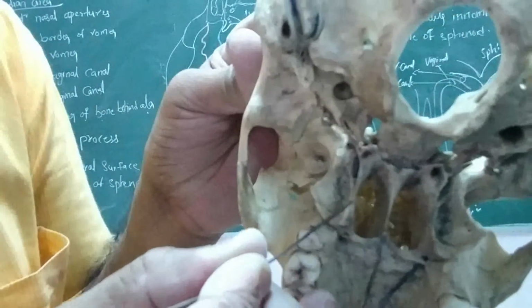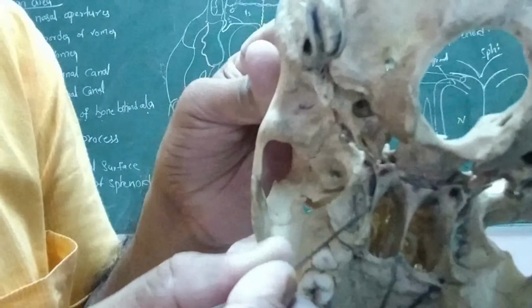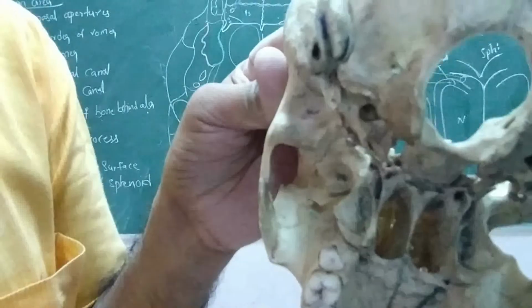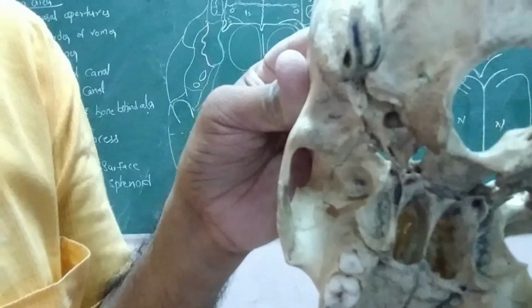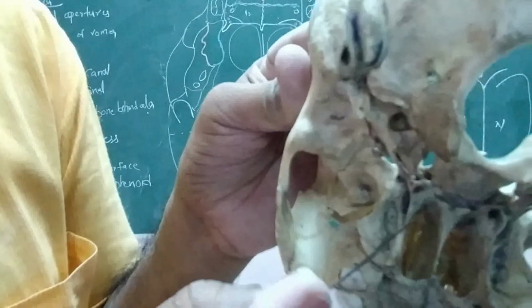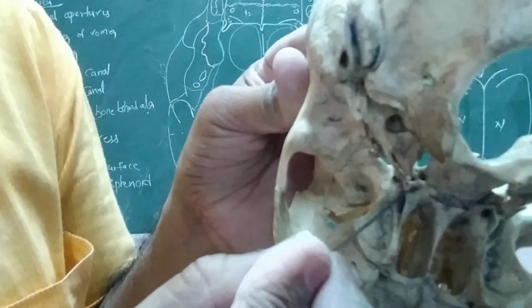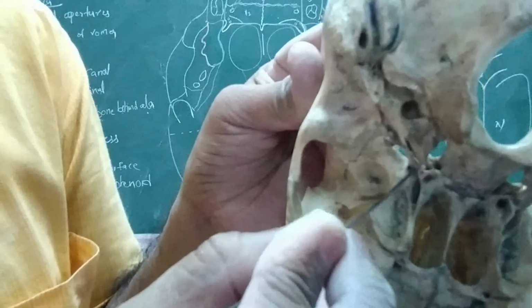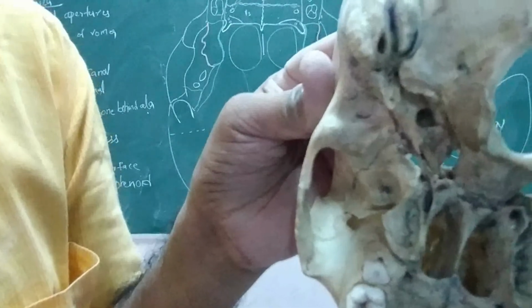The medial pterygoid plate in the upper part is split and encloses, forming one fossa. Here a pen mark is there. That fossa is called the scaphoid fossa. Clear? And just above our medial pterygoid plate, at the upper end, it forms a small tubercle. That bony tubercle is called the pterygoid tubercle.